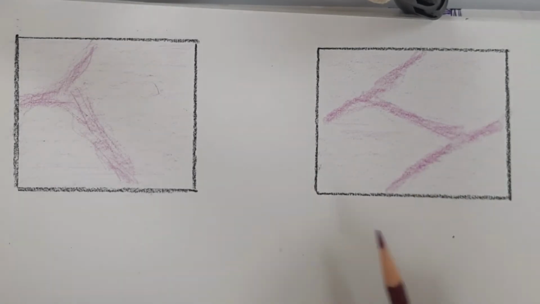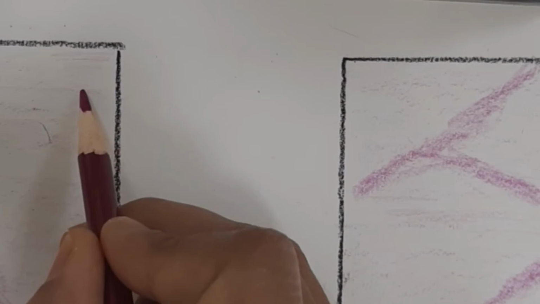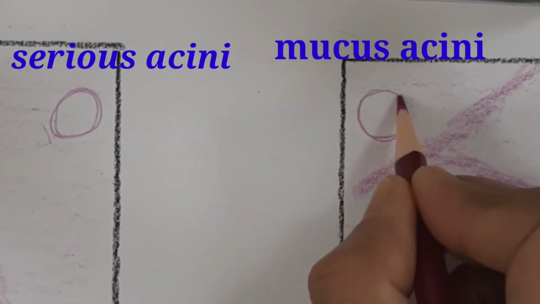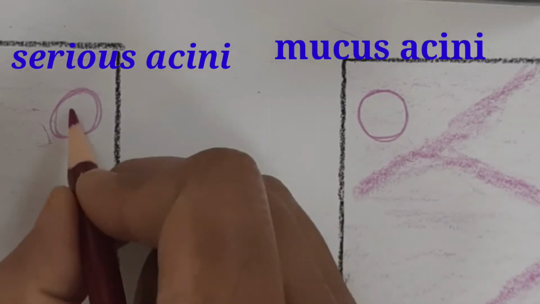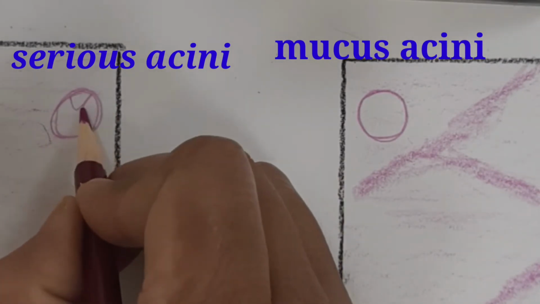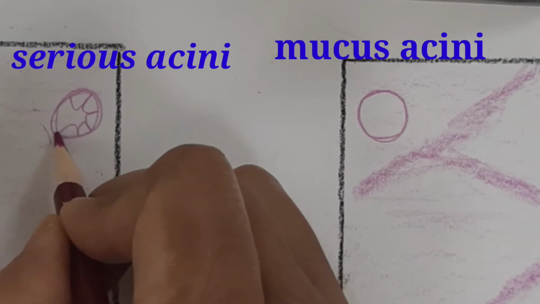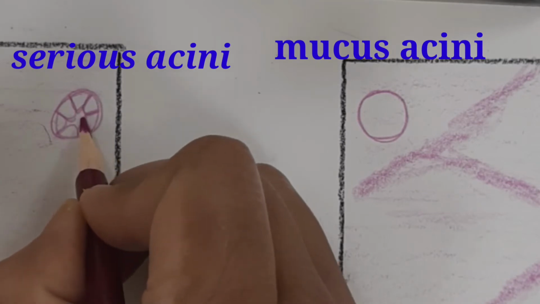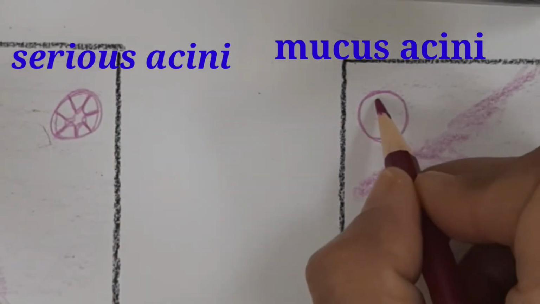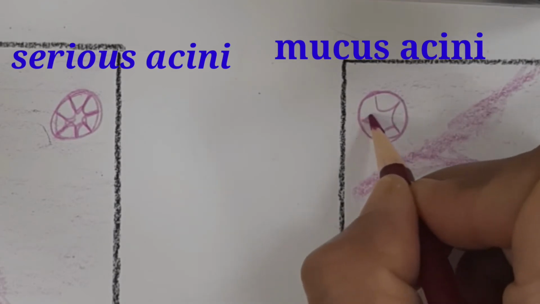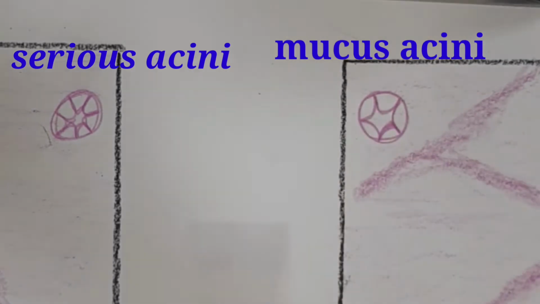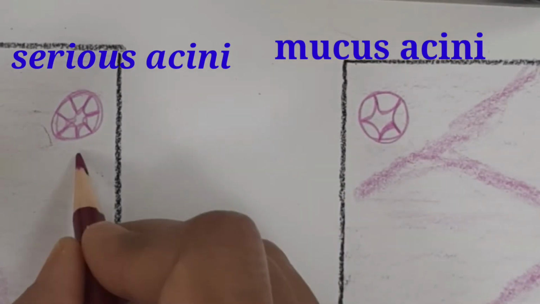There is a secreting part of the gland, that is the acini. Two types of acini are there, serous acini and mucous acini. When we compare the serous and mucous acini, the mucous acini is larger, rounded in shape, and light in stain. In mucous acini, the cells within the acini are small in number compared to the serous acini. The lumen is larger.